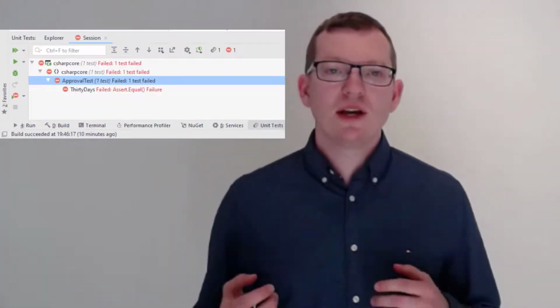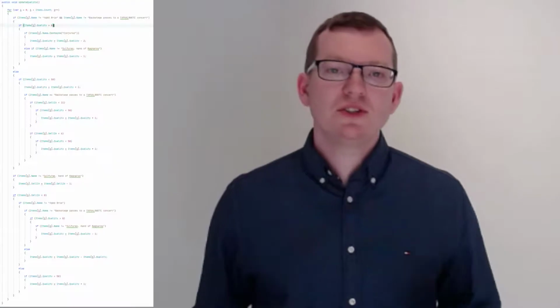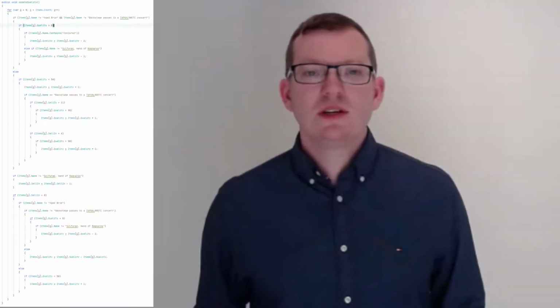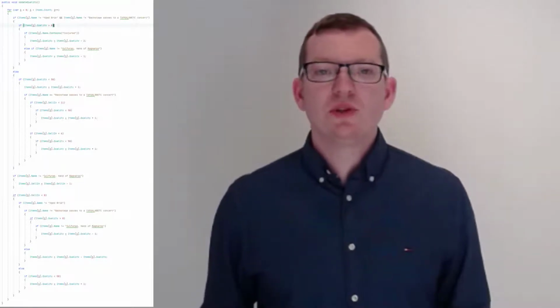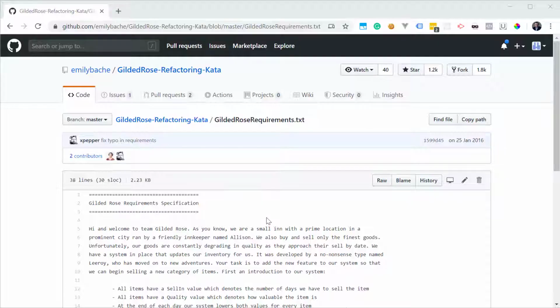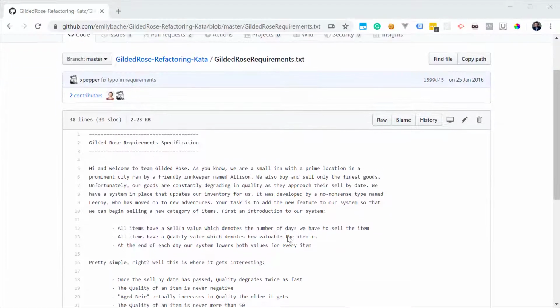But as we look into the project, we discover that there are no tests implemented. And looking at the logic, we see a 73 lines long method that implements the core logic. It's not at all obvious how to implement this new feature. To make sure we don't break anything, we start by creating a test harness. The purpose of this is to make sure that we don't break any functionality without us noticing. So let's get started with the Gilded Rose.